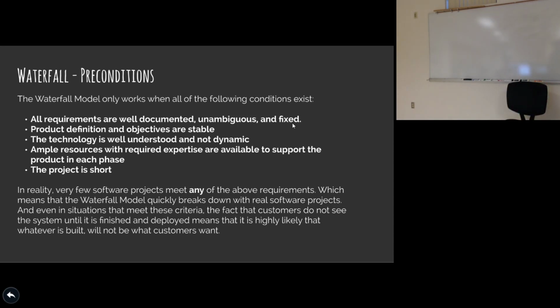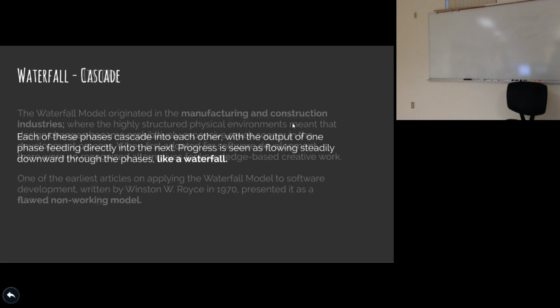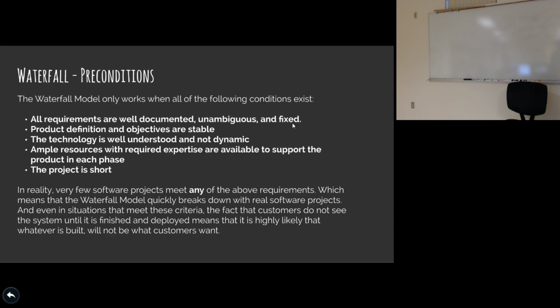And then also the expectation down at the bottom: Waterfall works under the assumption that the project is short, right? If I take the Waterfall model and apply it to a 3-month project, it applies a lot better than to a 5-year project. Does that make sense? It's a lot easier to build a 3-month project than a 5-year project this way, because a lot of those problems along the way don't become as pronounced, right? The longer the project is, the more these problems